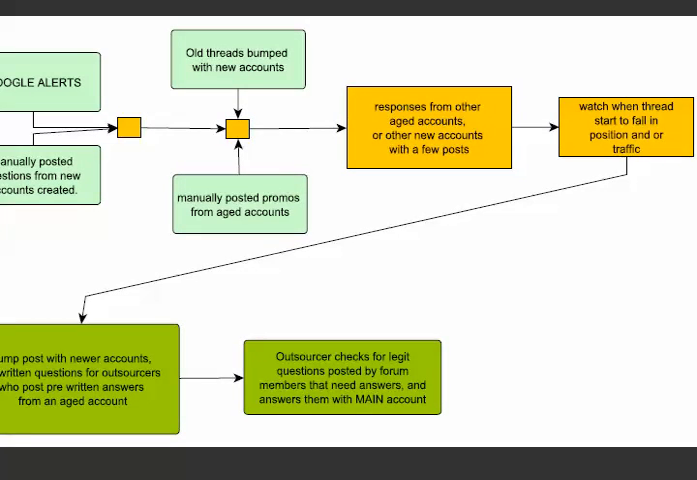looking in the forum. So what you need to do then is watch when the thread starts to fall in position and/or traffic. And what we have in our Woopra tracking, which you can do too, is a specific label set up, and I can show you how to do this in another video, that tracks specifically the links from this one forum. And you can even set up labels for each thread, and then you can begin to watch, or you can have one of your outsourcers watch